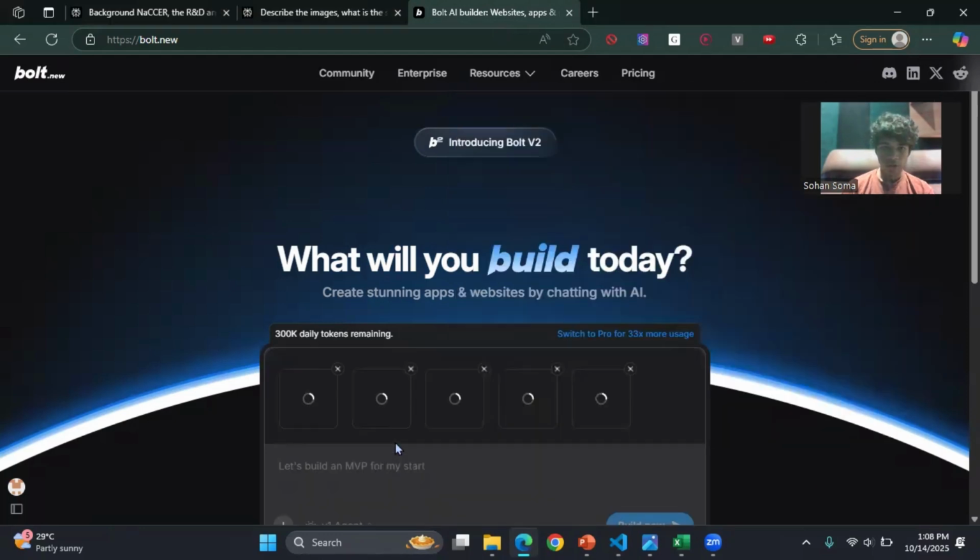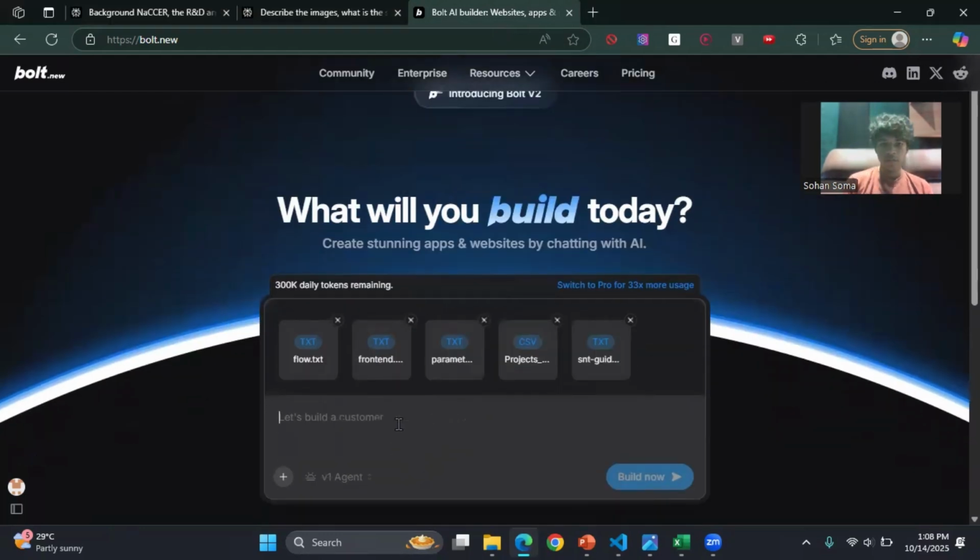I'm going to provide all of the context to it. And now I have to give a prompt for it to understand what I'm expecting from it. I have the needed documents for you to understand what I am working on. Right? So now I will also tell it I need a beautiful website. And it should be working. It shouldn't be a mock website or just a front-end website. So a beautiful working website